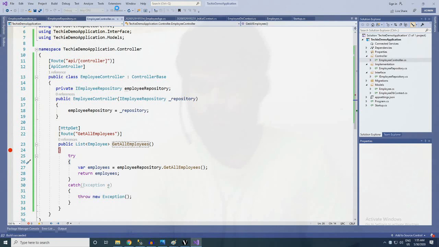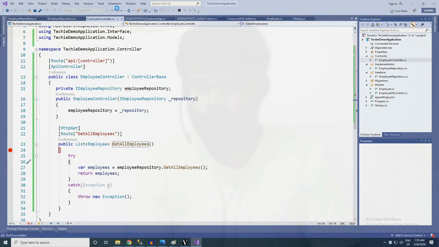The application is still loading, and I don't have Postman installed on my machine. So what I'll be using is a new extension in Chrome, the Talend API Tester.